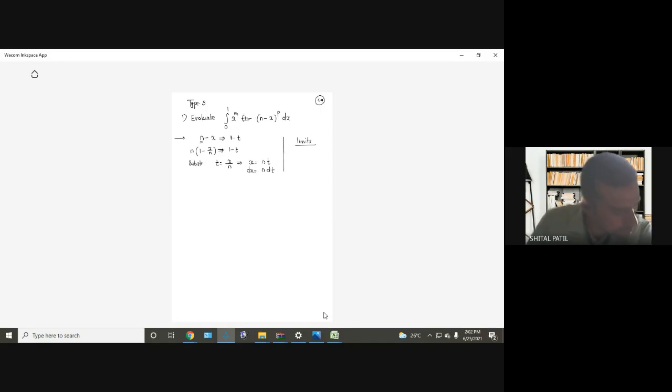Limits. Let me write it here. I think there is a little bit of mistake while writing the problem. Please make the change. It is 0 to n. 0 to n x raised to m, n minus x raised to p dx. 0 to n, here n, here n. So we have to find the value of t. x is known to us, 0 and n. So what is t? 0 and 1. That is what we want. Okay. Therefore, the integral will become